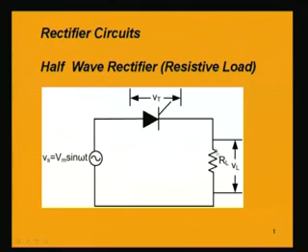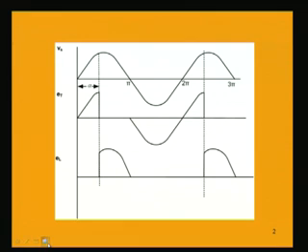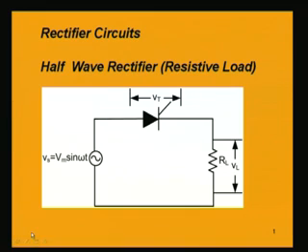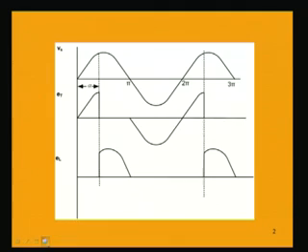Let us take the voltage across the thyristor as Vt, and the resistance has a voltage across it as Vl. We will be trying to find out the waveforms Vt and Vl also in this circuit. So, input is sinusoidal, Vs is equal to Vm sin omega t, and we are having a single thyristor firing at an angle of alpha, say. So, when the thyristor fires at an angle of alpha,